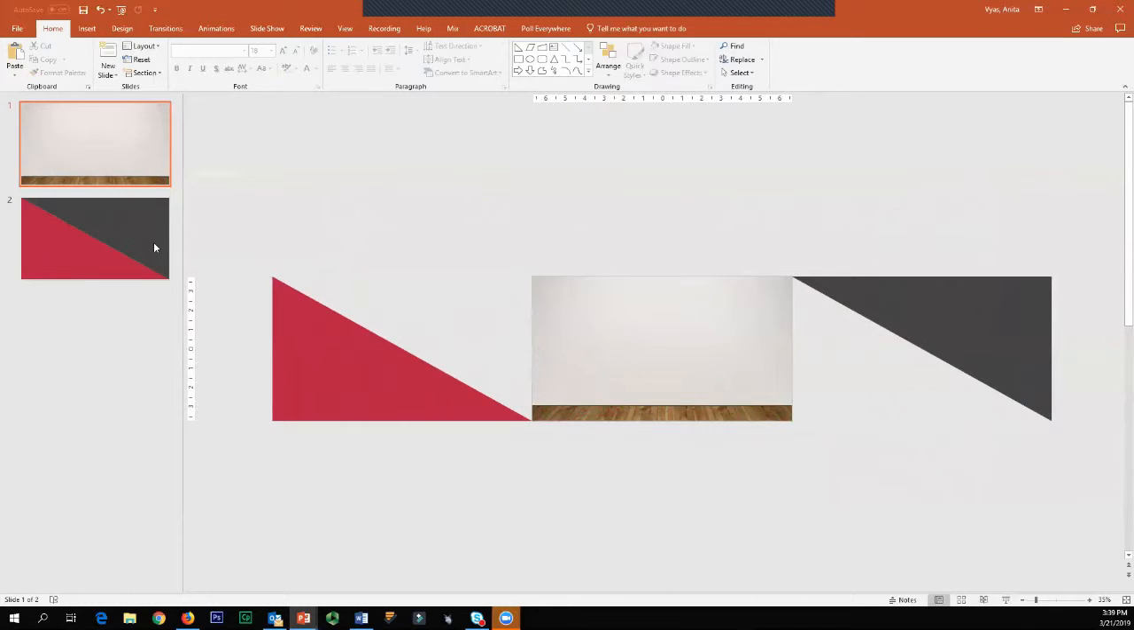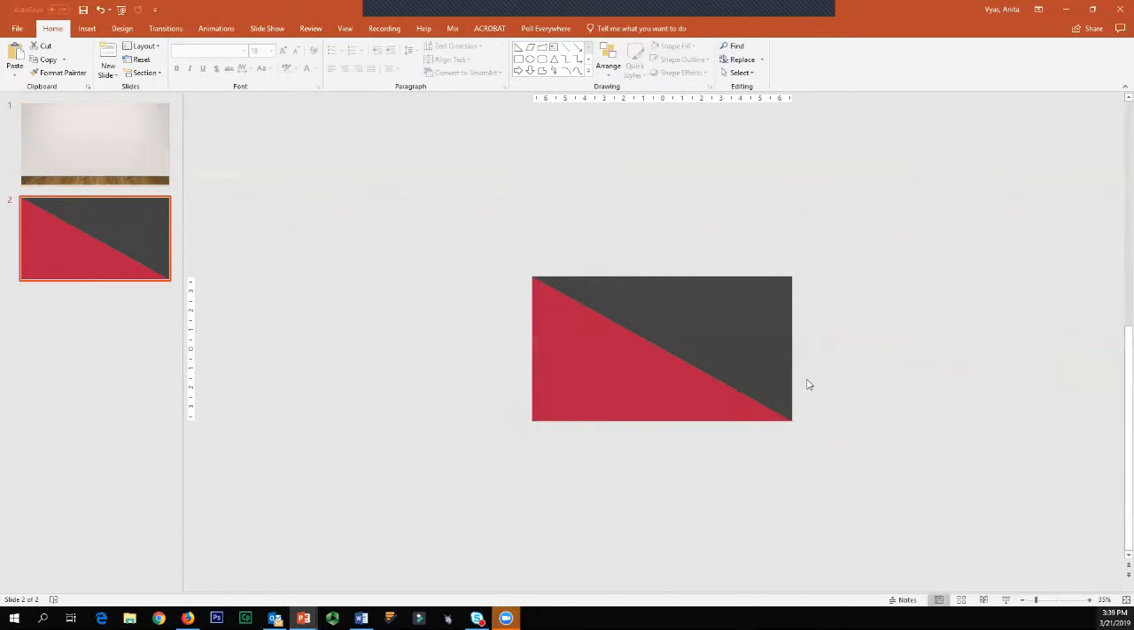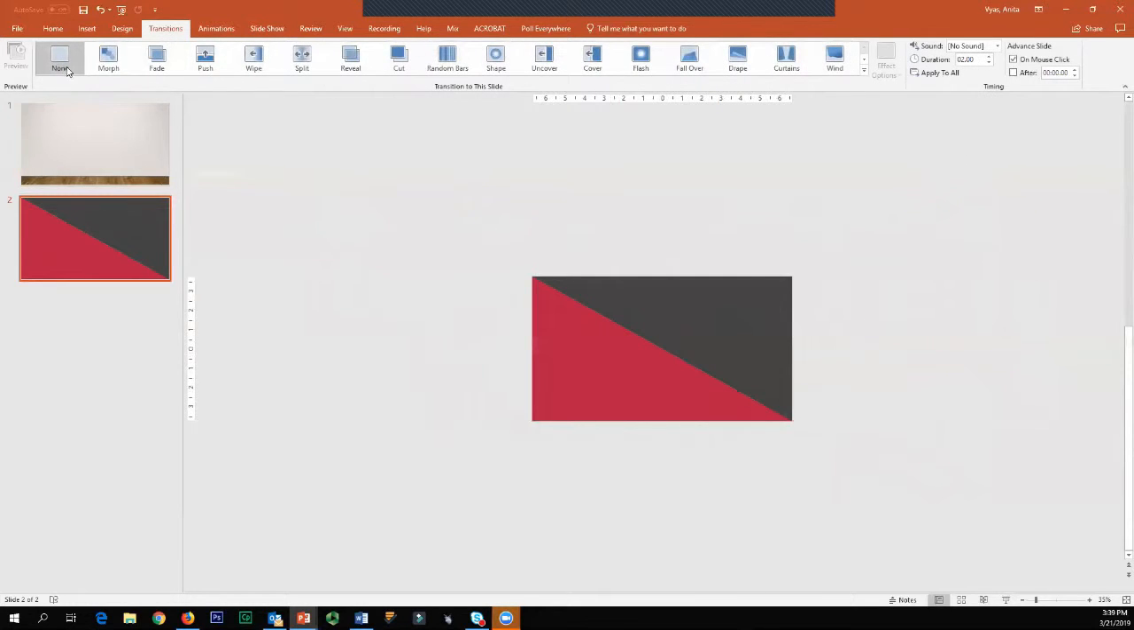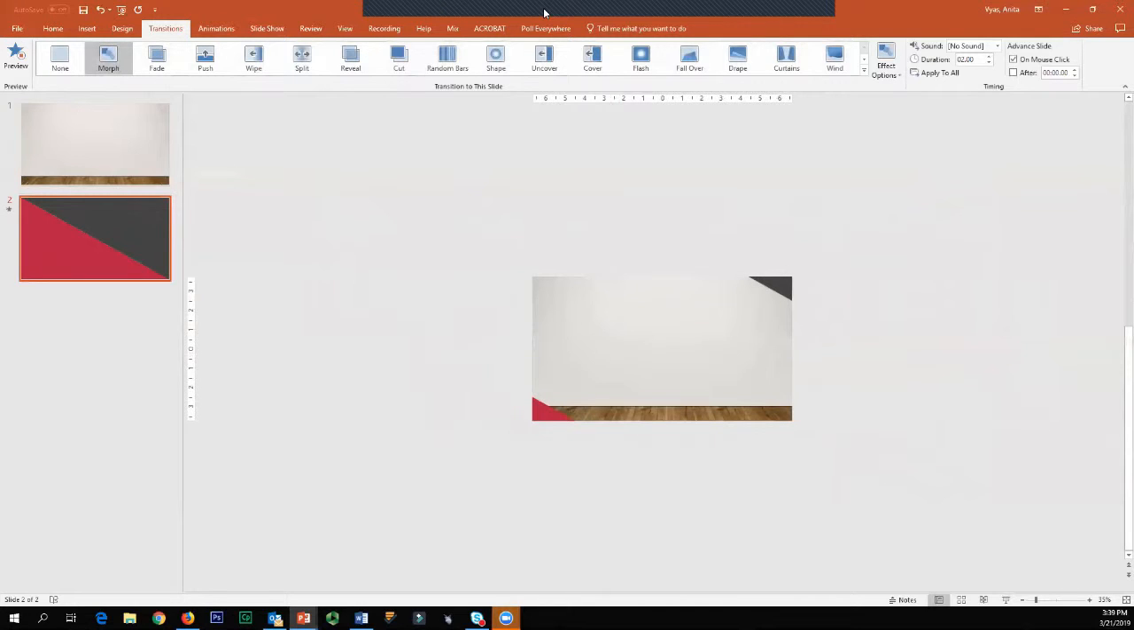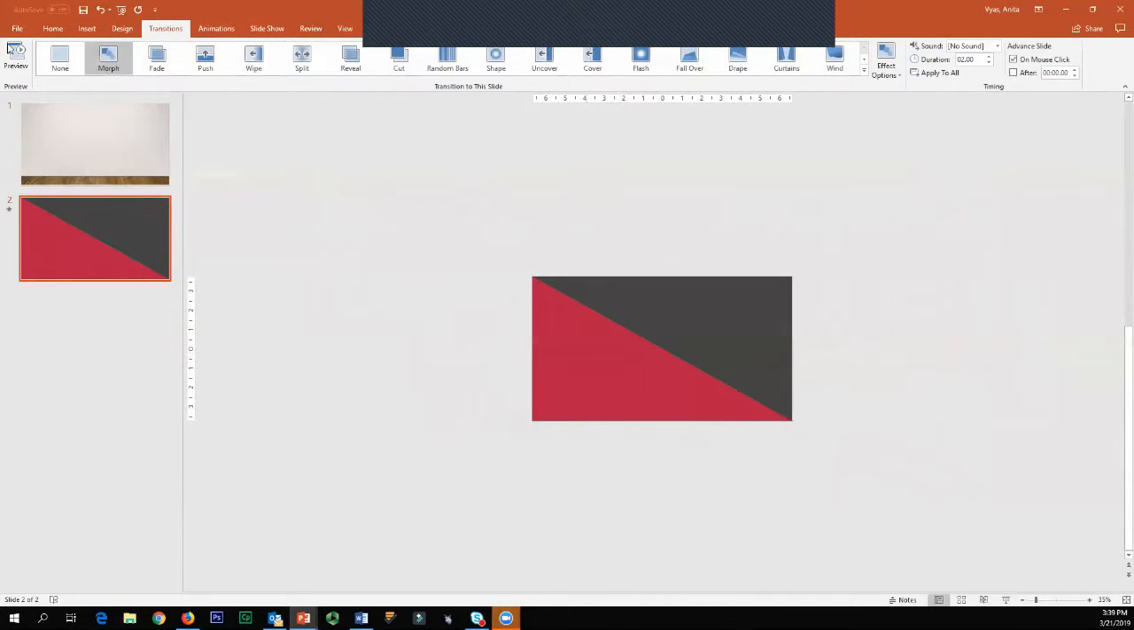Now in the second one, they're back in. This is where I want to apply the morph transition. Always do it in the second one, so that it shows that animation of the two triangles coming in. So go to transitions, select morph, and if you preview it,